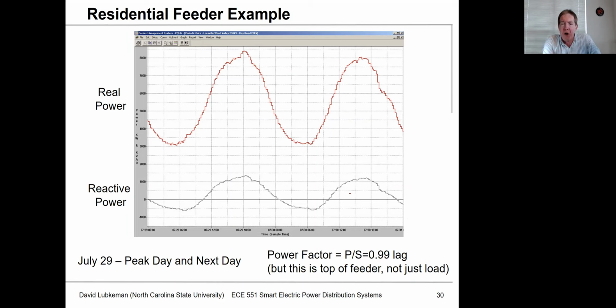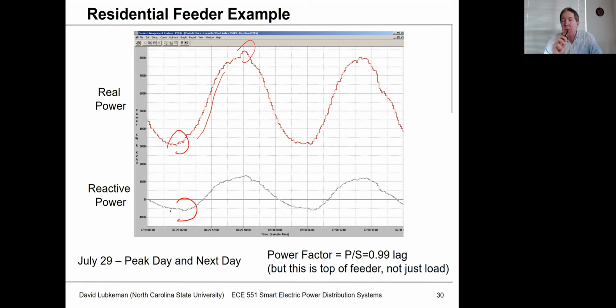This is showing real power plus reactive power. So note, it is the low point in the morning, and then it rises up during the day until we hit our peak value. Reactive power changes proportionally to the real power. What's interesting about this is you'll see that this reactive power goes negative, and typically we associate that with the load,